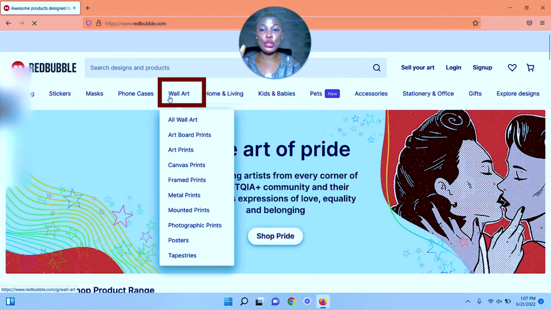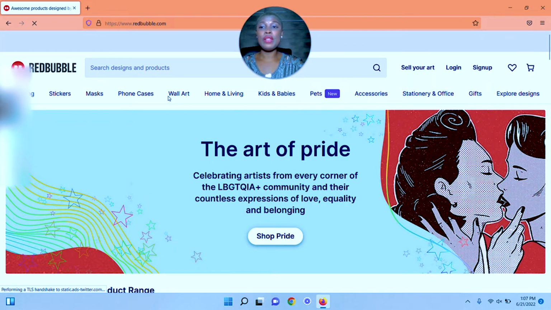One design that you do, they are going to give you all of these options so that you can test it out. And then you say, okay, I think this works best as a wall art. You showcase that as a wall art. If somebody now decides, no, I want to carry it as a pet mat, I want to have it as a phone case, they get the option to do that. You've just created the design and then it starts getting you money.